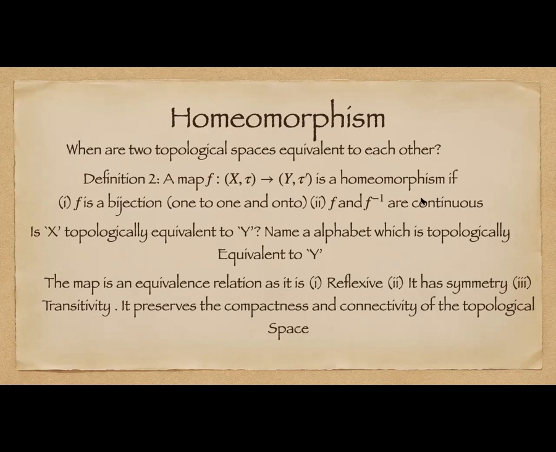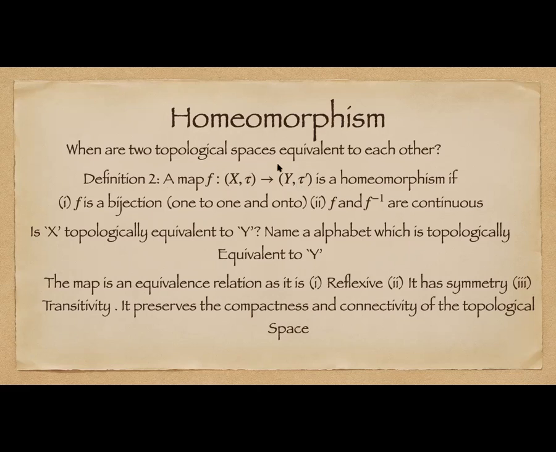Now we want to formalize the question by defining what is known as a homeomorphism. A homeomorphism is a map F between two topological spaces, X tau and Y tau prime, if F is a bijection, which means that the map is 1-to-1 and onto. So all the elements of X tau are mapped to unique elements of Y tau prime,